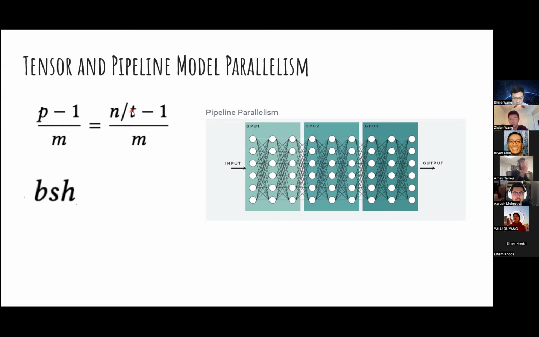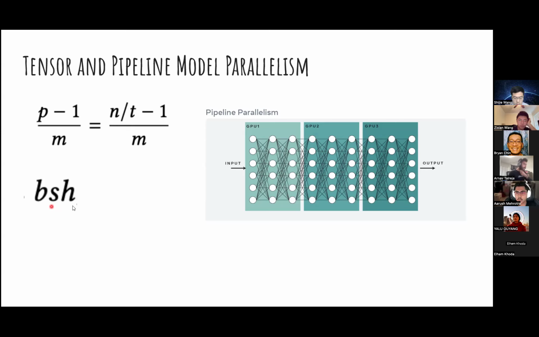So this formula suggests that we can keep on increasing tensor parallelism, and it will keep on reducing bubble time. Now,